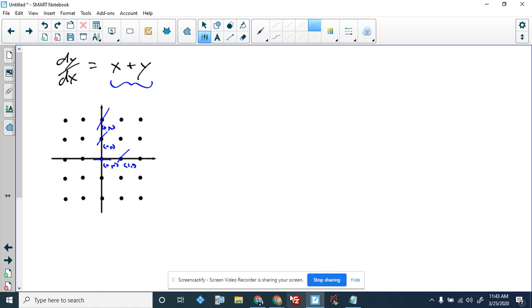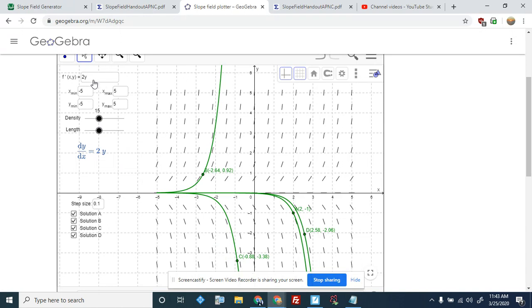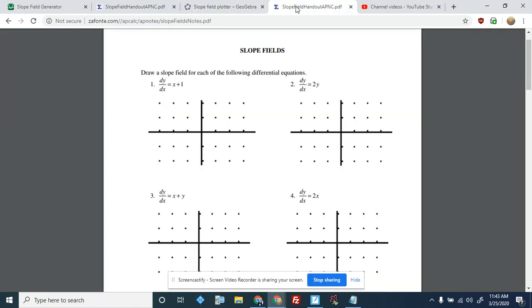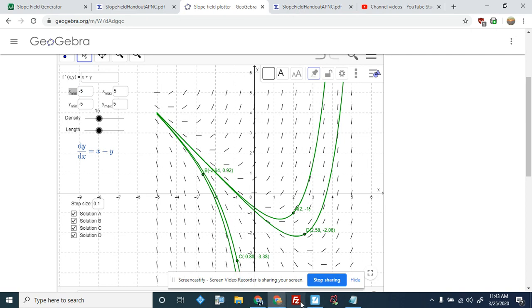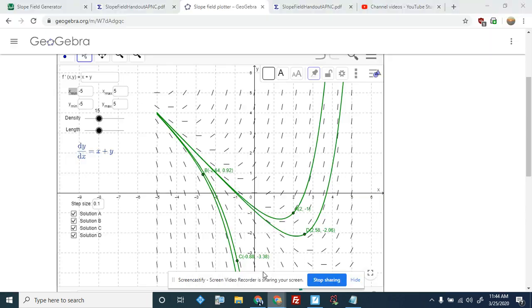What I'm going to do now, and this is what I would expect you to do on your homework, so I'm demonstrating it, is you would check your homework by going over to the GeoGebra link that I will provide in the calendar, putting in the slope field equation right here, which is x plus y, and putting your grid in. I forget the grid that I'm going to give you for your homework, but if we're following what I'm doing right here, it looks like I did -2 to 2 in every direction. So let's go back here and change that. So -2,